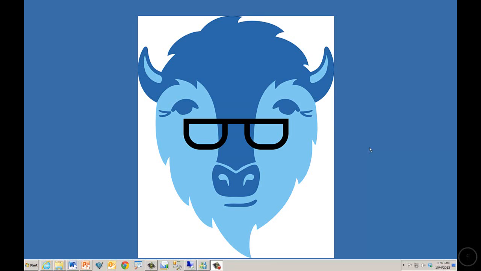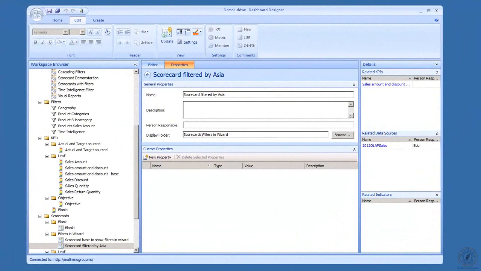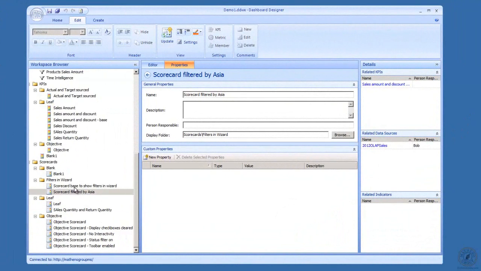All right, finally here of scorecards, we're going to go in and take a look at creating a scorecard that has a filter applied in the scorecard itself. So here's our remote server. And what we've got down here is I've already gone through and created two scorecards just to show you the